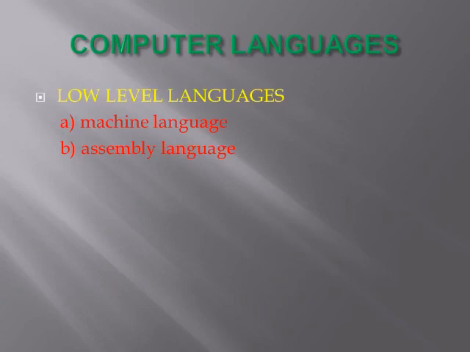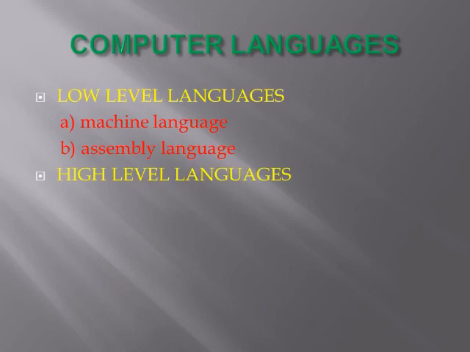Okay, second one is assembly language. Assembly language was the first computer language to use words made with the letters of the English alphabet. It was developed in the 1950s. Okay, then next thing is the high level language. High level language was developed in the 1950s. A program in a high level language is called a source program. It cannot run directly on the computer, it must be compiled or interpreted. Okay, directly we couldn't run it without using the compiler or interpreter.